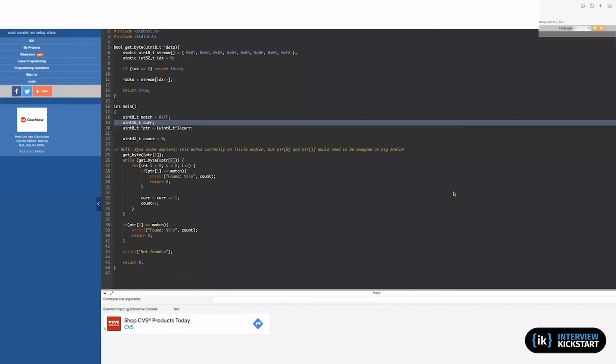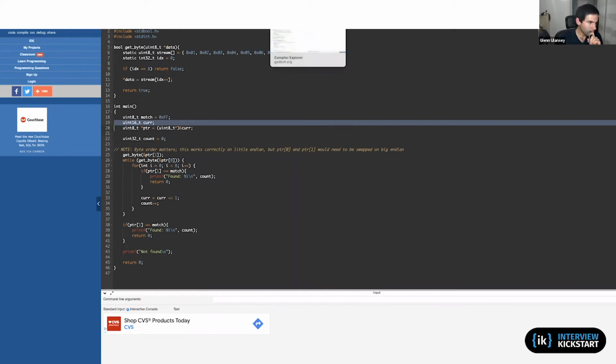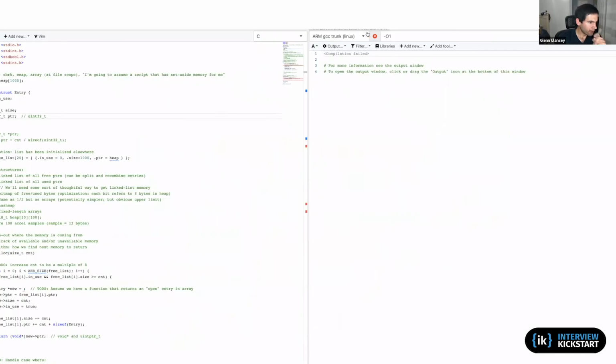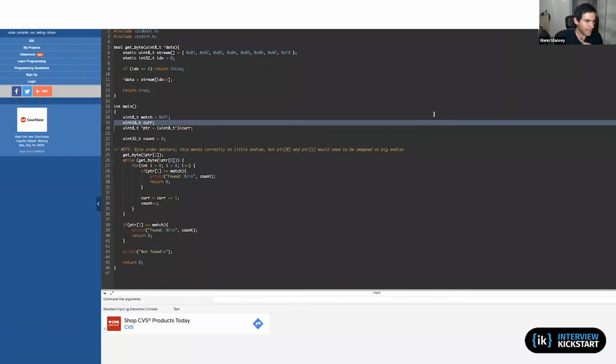So in online GDB, can you actually switch it from little endian to big endian and back and forth in some way? Unfortunately, not, at least not that I've figured out in this tool. I think I was able to get Compiler Explorer to compile into little versus big endian, but I couldn't actually get it to run big endian.